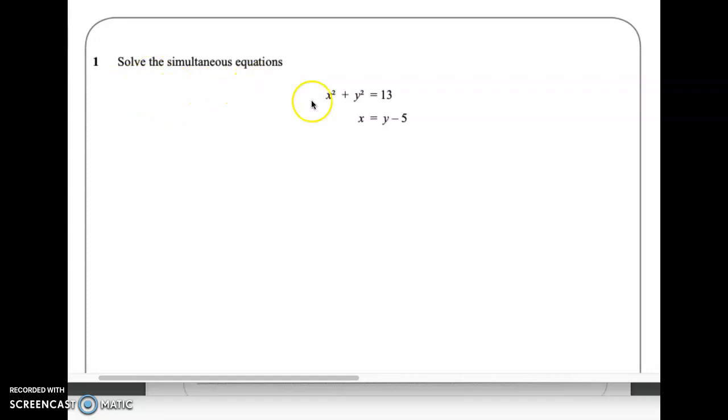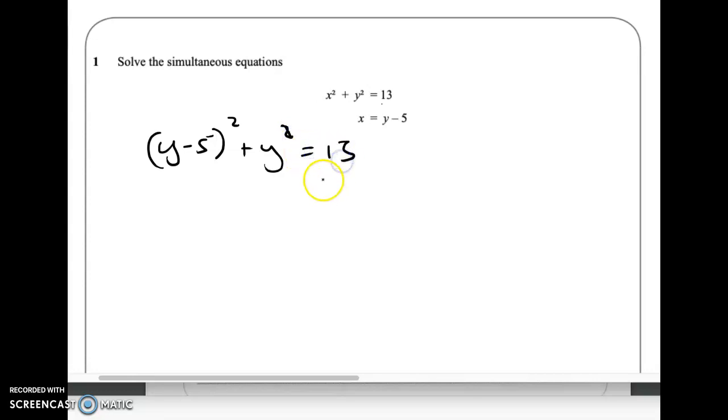Solve the simultaneous equations x squared plus y squared equals 13 and x equals y minus 5. So all we have to do here to begin with is substitute y minus 5 where it says x, because x equals this, so this is just going to equal this squared. So instead of x squared, we're going to have (y minus 5) squared plus the y squared